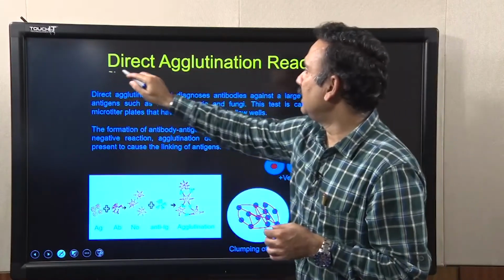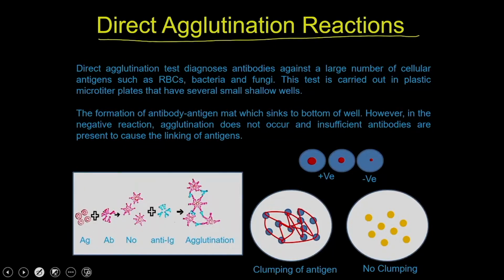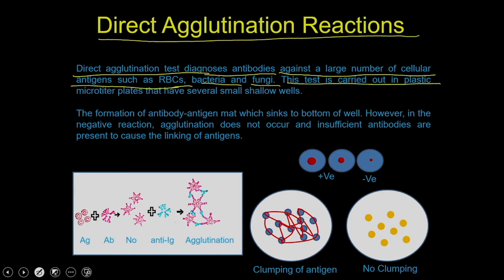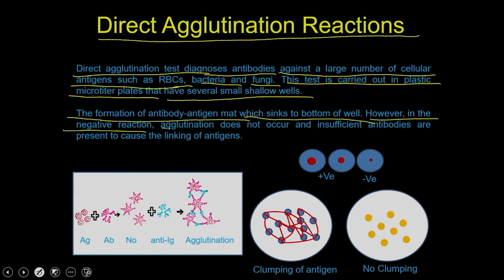So, the direct agglutination reaction test diagnoses the antibodies against a large number of cellular antigens such as RBCs, bacteria and fungi. This test is carried out in a plastic microtiter plate that has several small shallow wells. In positive reactions, the antibody antigen mat sinks to the bottom of the well. However, in the negative reactions, the agglutination reaction does not occur and insufficient antibodies are present to cause the